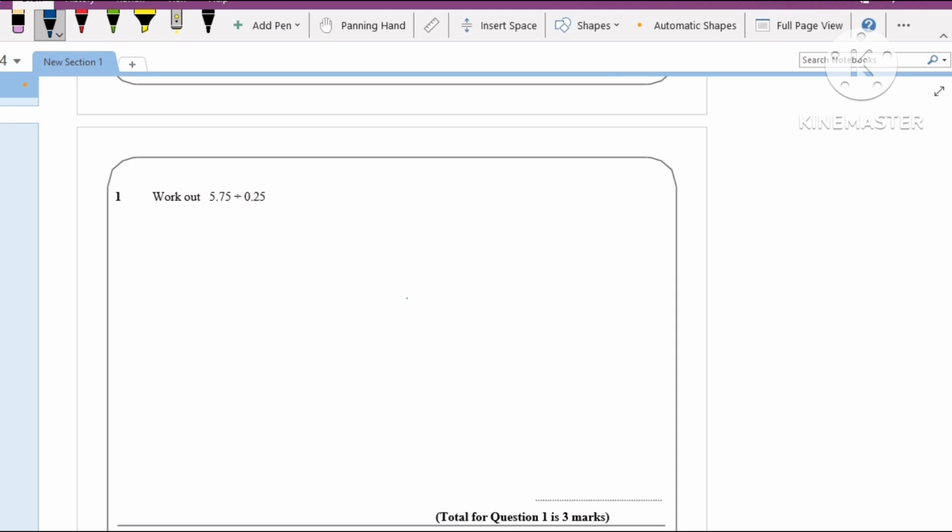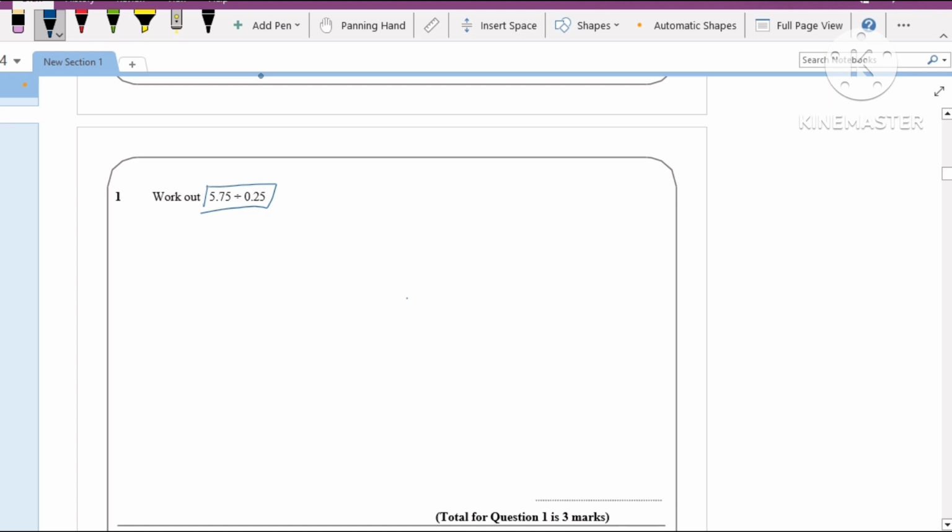This is especially for Excel P1, but this paper will be helpful for IGCSE and AQA GCSE as well, because the syllabus is the same. The only difference is the paper pattern, but the syllabus and the topics are the same. So this will be helpful for all the students who are going to appear in GCSE 24. So the first question here is from numbers, the division of numbers with decimal places,